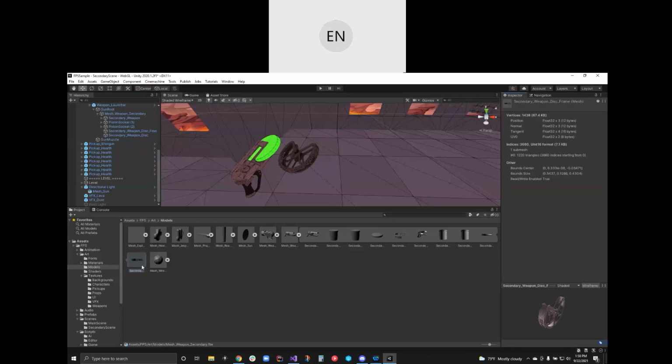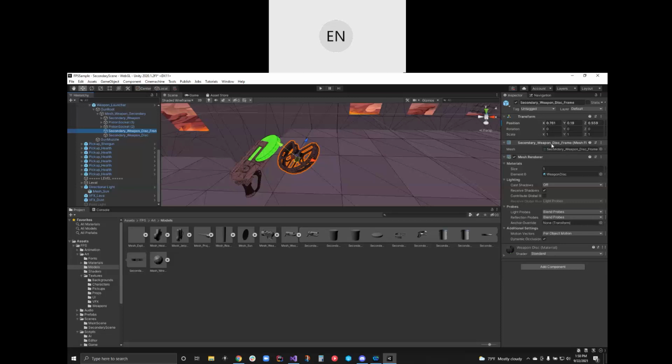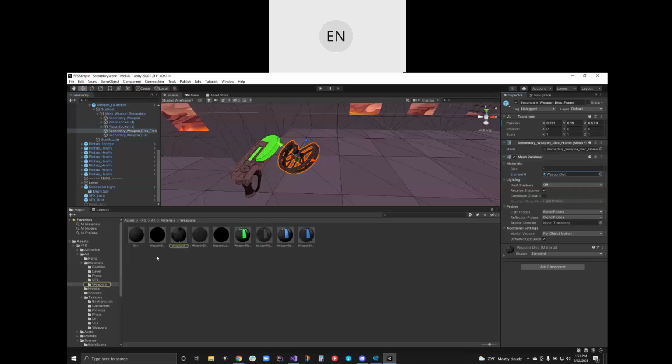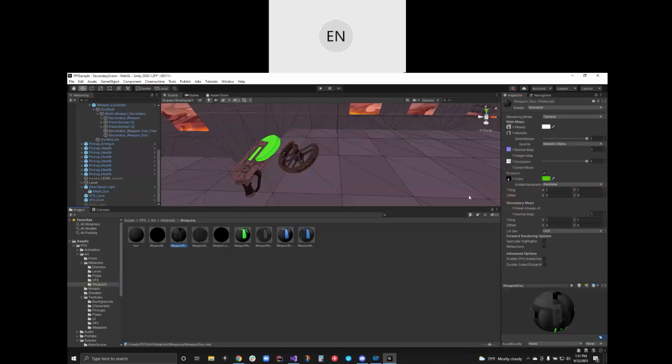All right, so the mesh is an external 3D file, and that's what's plugged into this filter component. This is the FBX file that has the vertices and indices and triangles. This is the mesh component. Now here's the mesh renderer. Basically this is the connection point from the mesh, the vertices and triangles, connected to the material, and how the lighting should impact it. So we are using the weapon disk material, and you can see it down here. So I click on that, and the weapon disk material